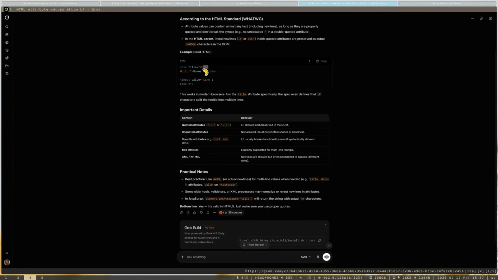So if you don't want your code to look like it breaks here, then instead of a literal line feed in your code, you can use this, all of this with the semicolon. And then you'll have this in your code instead of a literal line feed,